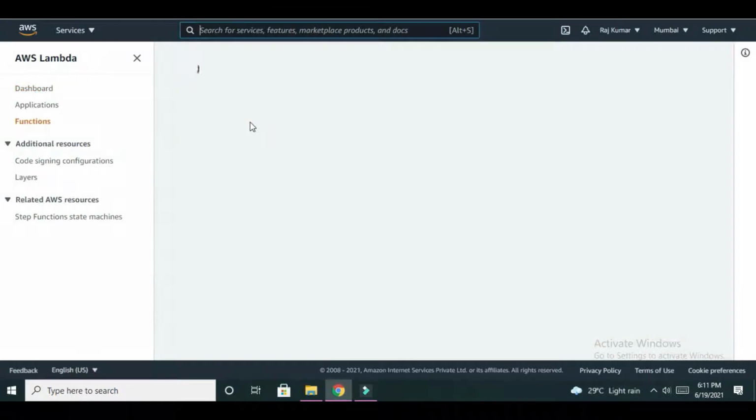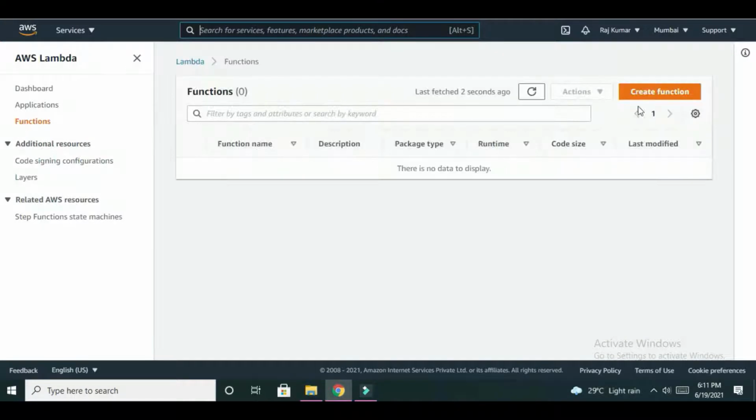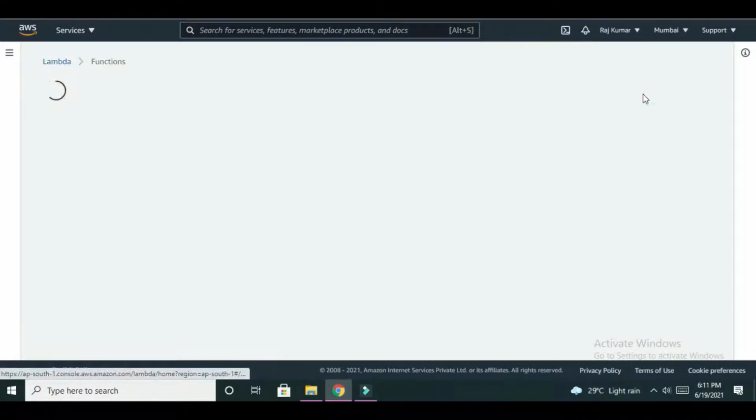So this is the dashboard of Lambda where we can create the Lambda function. So click on Lambda function.